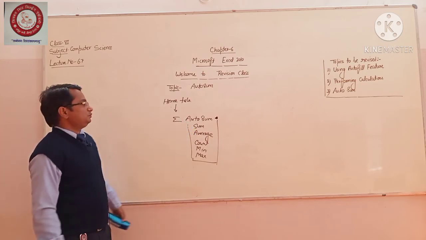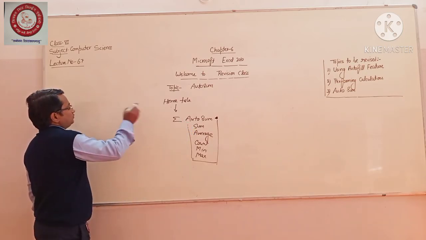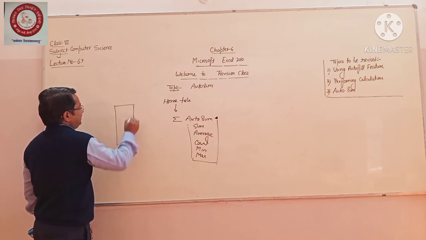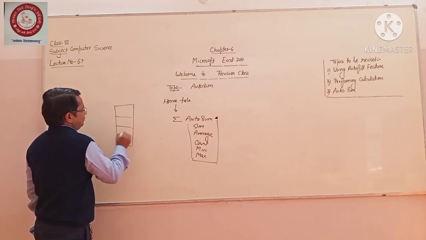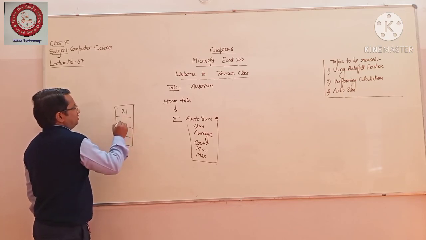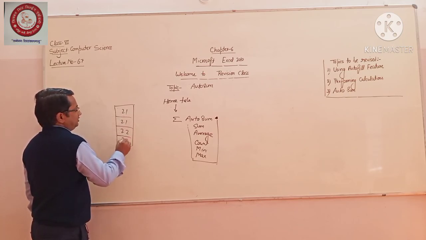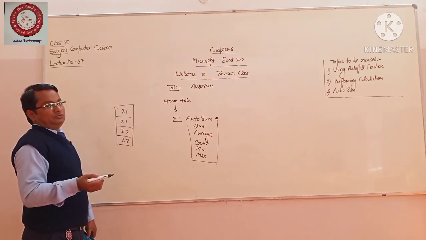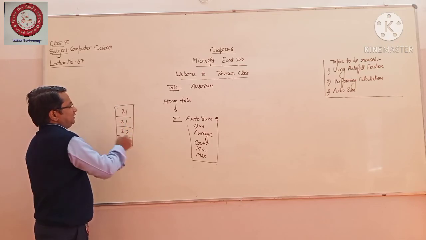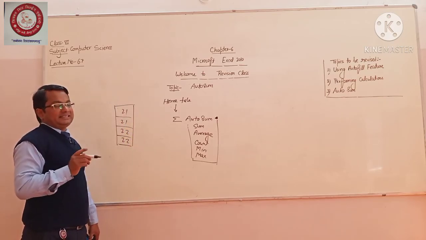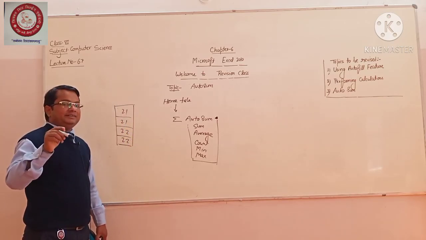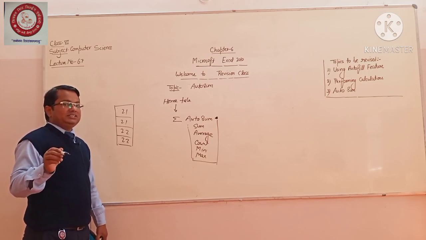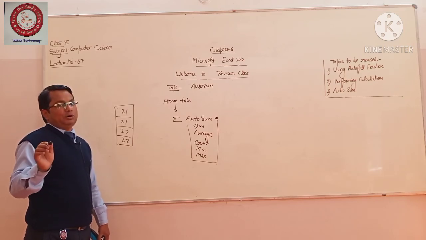How do we perform it? First of all, suppose you have written some content in particular cells. Suppose this is your sheet. Suppose you have written 21, 21, 22, 22 like this in the cells. Okay, so right now if you want to have the sum, what do we do here? First, select your data by pressing the left mouse button and dragging your mouse. Once it is dragged, release your mouse.